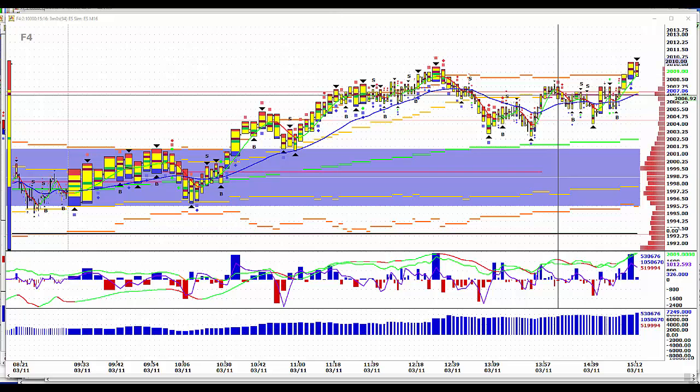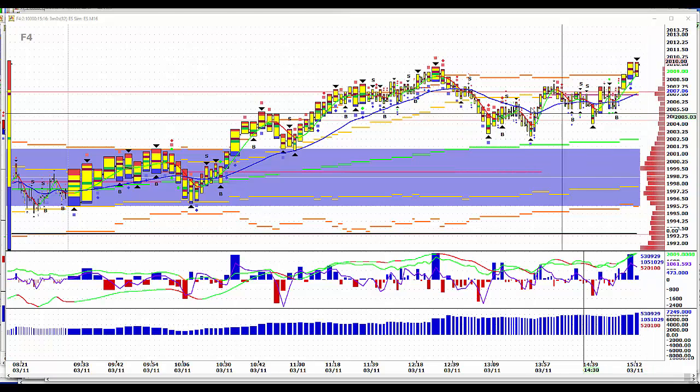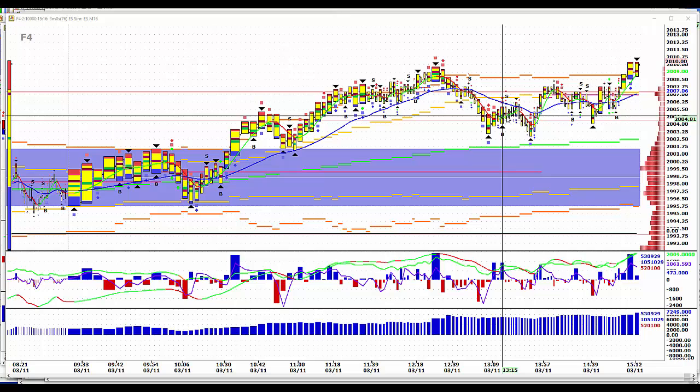Good afternoon. It's March the 11th, 2016. Looks like we're going to get a strong close in the indexes, a weak close in treasuries. Gold is off too. I imagine most of the selling in treasuries is probably attributable to the strength in the equity indexes. Yesterday's action by the European Central Bank,